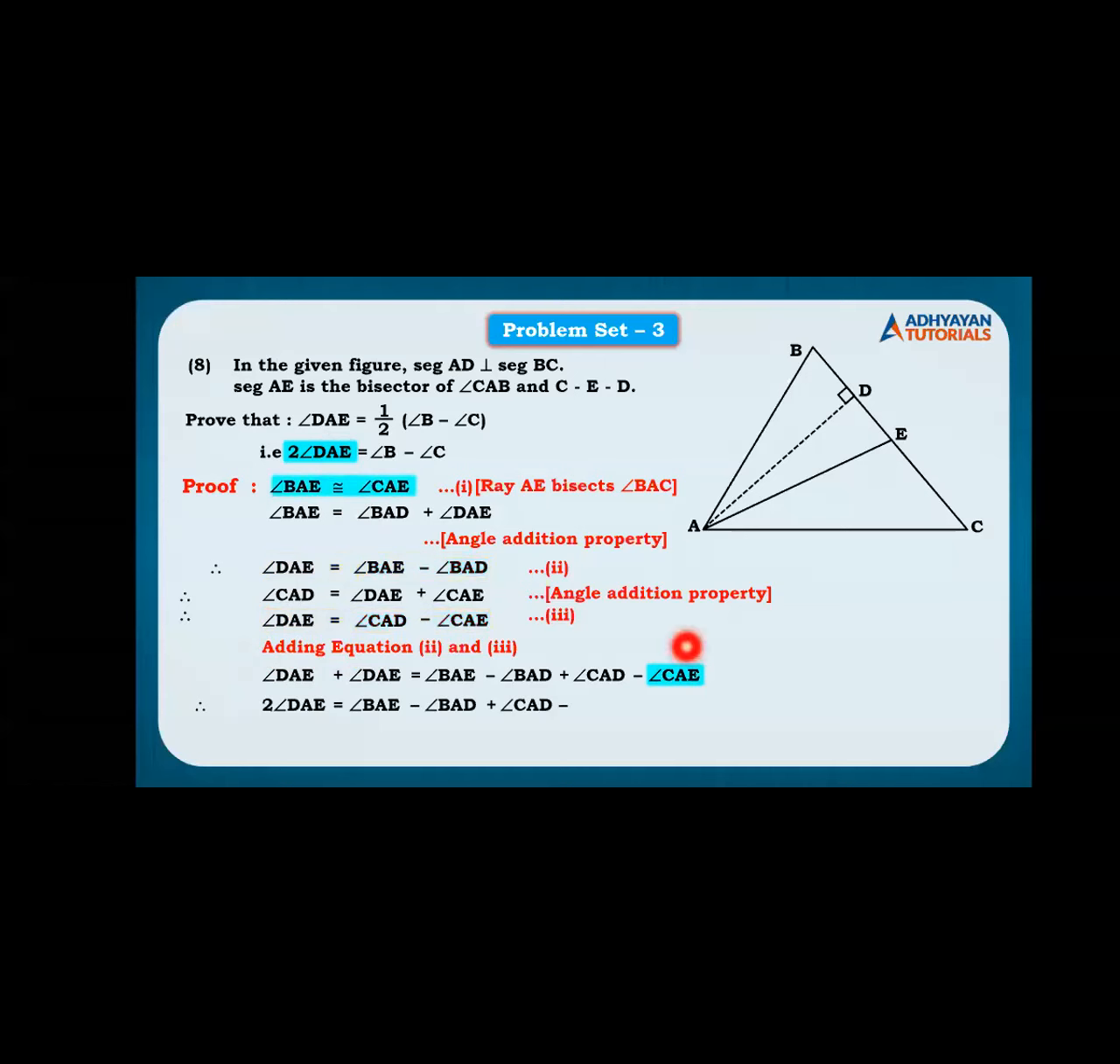Before I copy, children, here, can I write this angle CAE as BAE? Remember, AE bisects BAC. These two angles are equal. This angle and this angle, they are equal. So instead of CAE, I'll be writing BAE. Now why so? Because by doing that, BAE will get cancelled. One has a positive sign, one has a negative sign, right? Now whatever is left over, whatever remains, that we will copy on the next line, right? So 2 times angle DAE is equal to